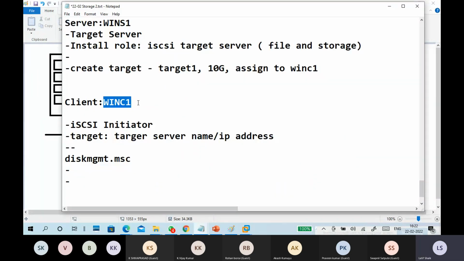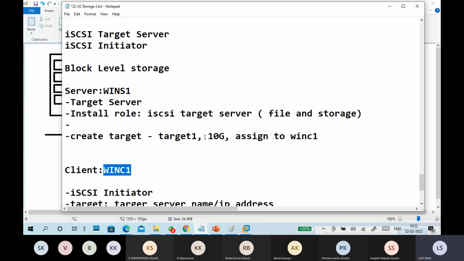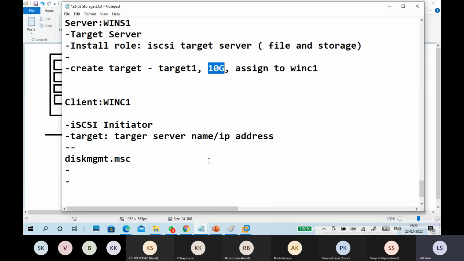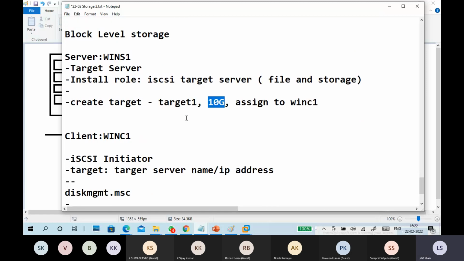When a client initiates iSCSI to the target server, the target server verifies the client's identity by name or IP address or username and password, and it will give the assigned disk to the client. So that is your iSCSI.